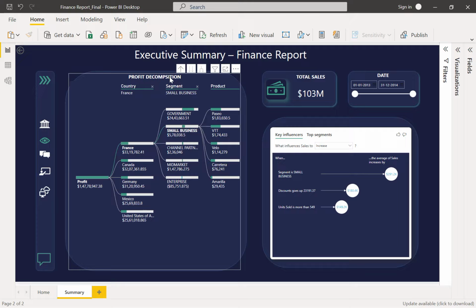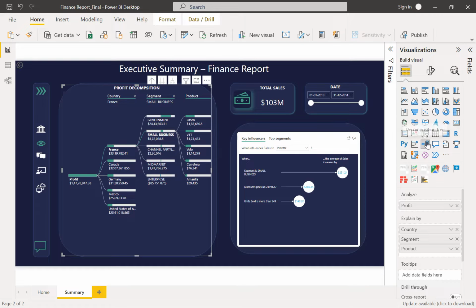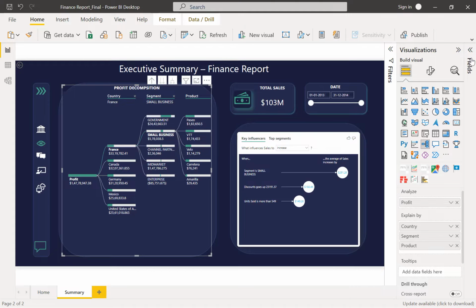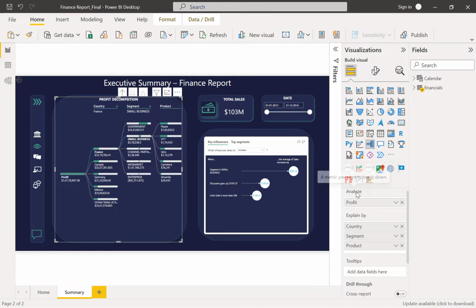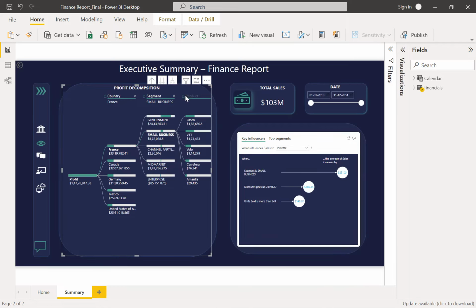So the very first visual which we are working on is a decomposition tree. In your visualization pane, you should see a decomposition tree. All you need to do is put profit in the analyze section, and in the explain by put country, and beneath country put segment, and beneath segment put product. Once you do that, you should see